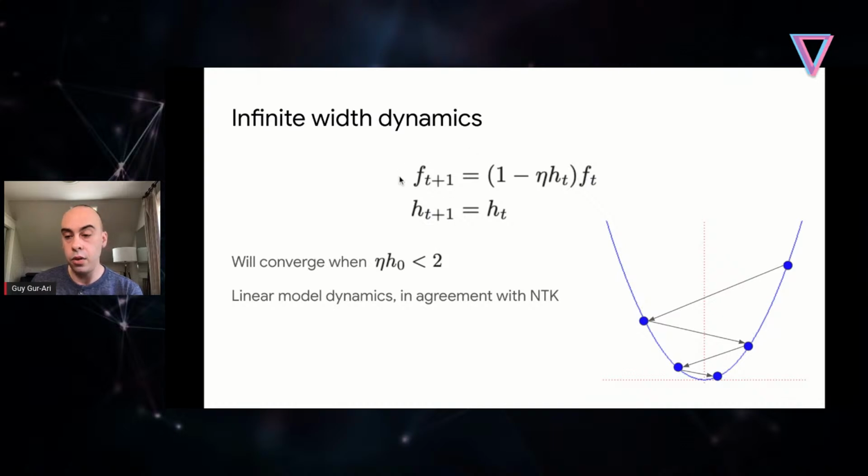And these updates, if you work out what happens with h being constant here, so h is now the curvature, which is constant. If you work out the update equations for a linear model, you'll find that they are the same. You have a constant curvature, which is the curvature given by the Hessian, which is constant for linear models with MSE loss. And this is the update equation for the function. So we've essentially recovered, in this case, the NTK result. It's like a special case of the NTK result. We took the width to infinity, and we find that the model behaves like a linear model.